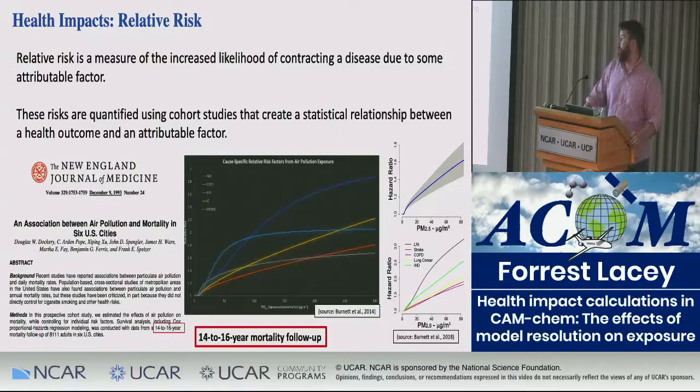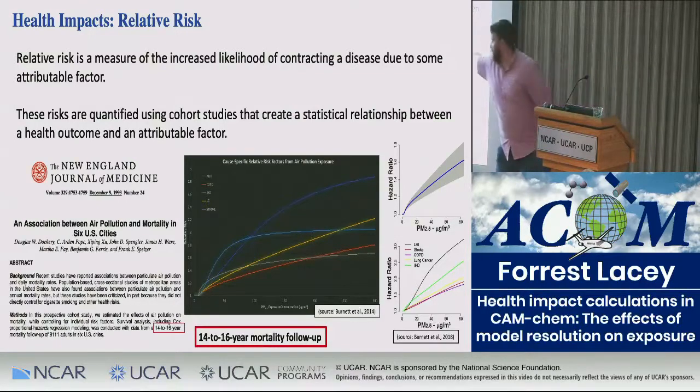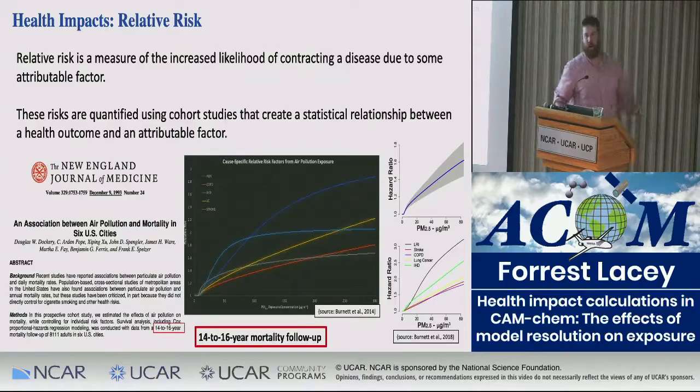Yes. So the way that they factor in the cohort studies from cigarette smoke is those are used to fill in the higher micrograms per meter cubed. So typical secondhand smoke is in the 200 to 300 micrograms per meter cubed. In the US, we don't have cities that are at 200 to 300 micrograms per meter cubed. So they could calculate the relative risk from those secondhand smoke studies and use that to fill in these curves.